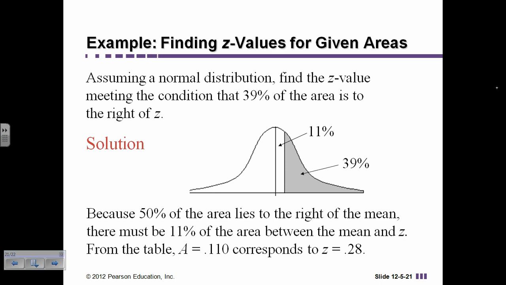So because 50% of the data, or the area, is to the right of the mean, there has to be 11% that is here. So we're looking for 39% of the area to the right of the z-score. Here's the z-score we're trying to find. So again, I know 11% has to be in here if 39% is over here. So what you're going to do is you're going to go to your chart and you're going to look for,